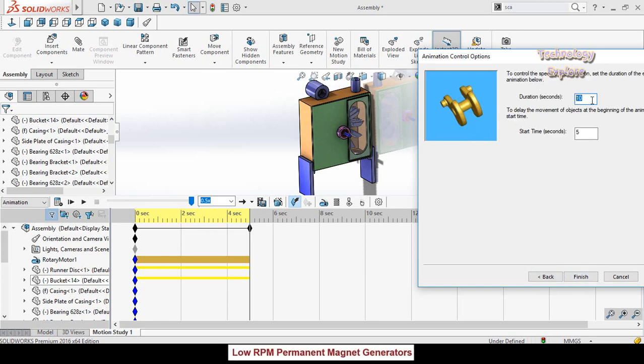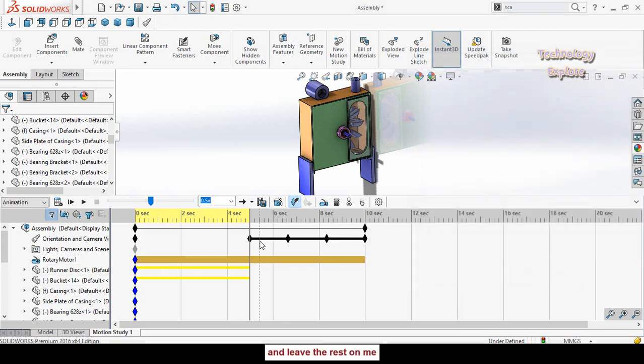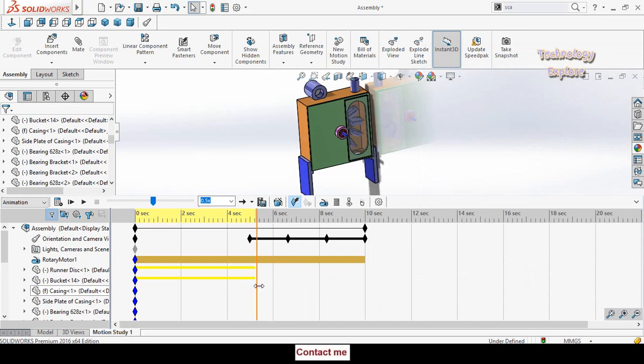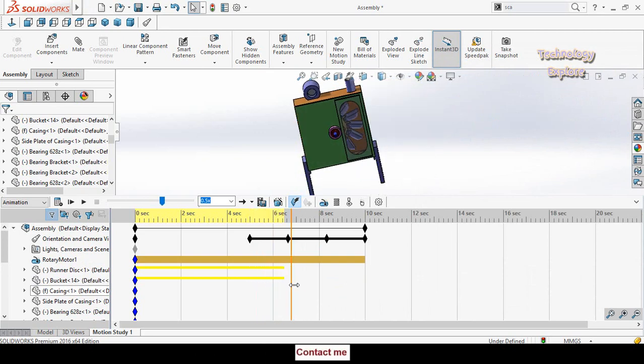So this is the duration for the rotation. You can edit it. Let me select 5 seconds, and then this is the start time. You can also edit it, then hit Finish. So the keys are automatically generated. Now if you click and drag the seek bar and see,